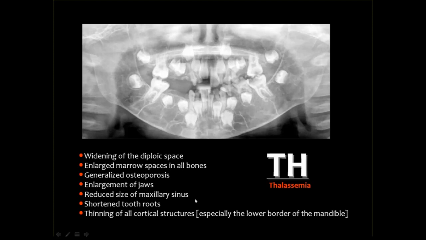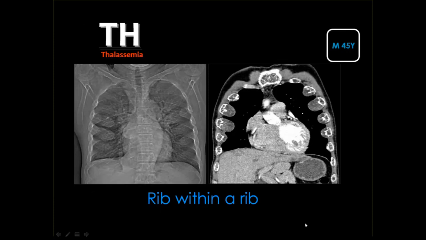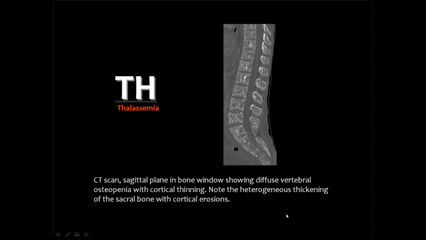maxillary sinuses, the air in the maxillary sinuses, shortened tooth roots, as you can see here, and thinning of the bone cortex due to expansion of the bone marrow. And this is what we call the rib within a rib sign. If you look carefully here, you can see what looks like a rib inside another rib, and the cause of this, of course, is due to the bone marrow hyperplasia with expansion of the diploic spaces within the